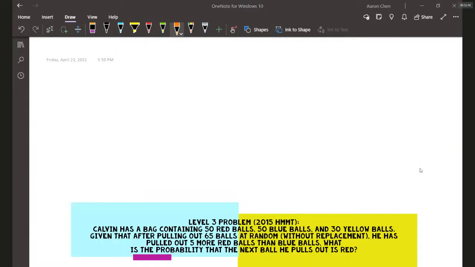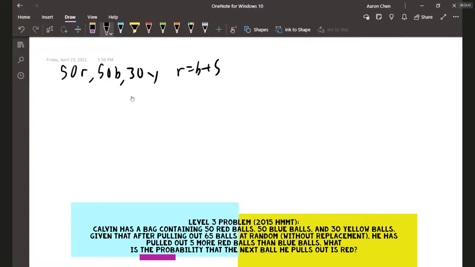It is now going to be on the other one, the level 3 one. And so in this case, Calvin has a bag of 50 reds, 50 blues, and 30 yellows. And so he pulls out 65 balls at random, and he pulls out 5 more reds than blues. So R equals B plus 5. And so we want to find the chance that the next ball he pulls out, which is the 66th ball, is red. And so one way you can do this is just to basically look at the expected number of